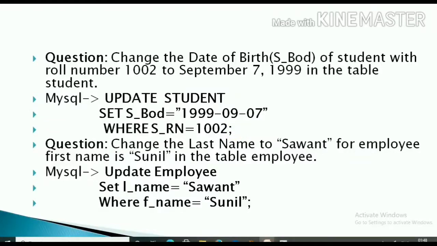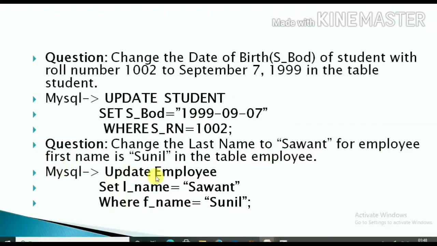We will see one more example. Change the last name to Sawant for the employee whose first name is Sunil in the table employee. So you have to change the last name to Sawant where the first name of the employee is Sunil.